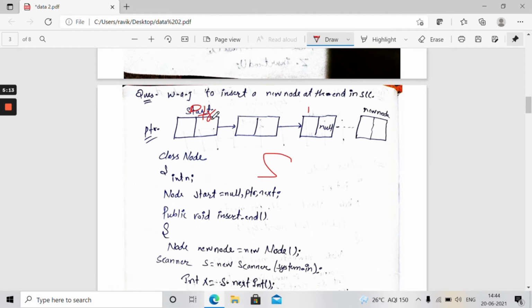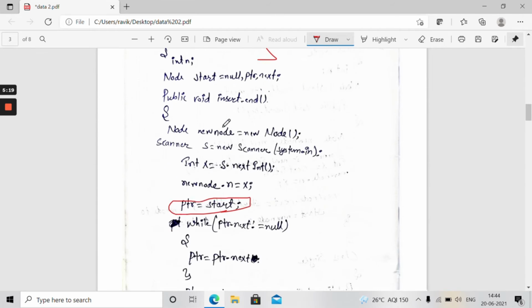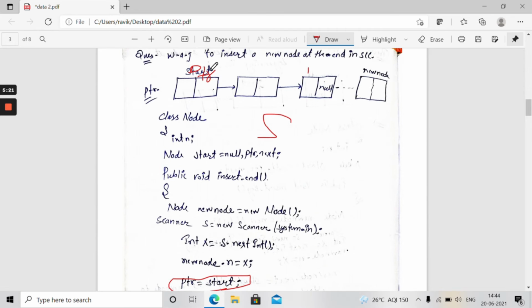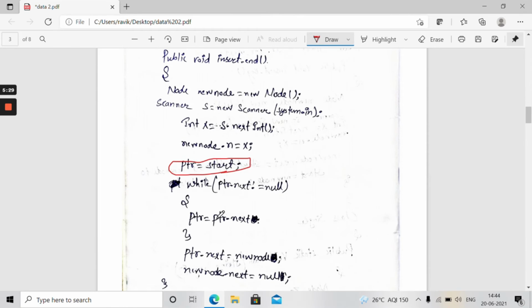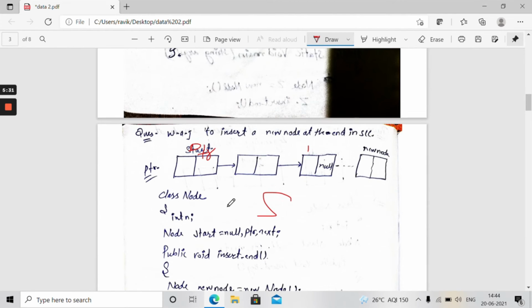It is just like what we understood in the creation of a linked list. Then ptr.next not equal to null. ptr.next means the address part of this. The address part of this is not null. Then we do ptr equal to ptr.next. Then ptr is going to the next place.